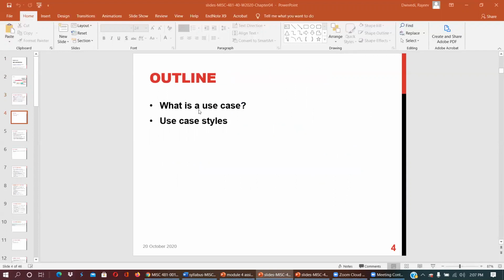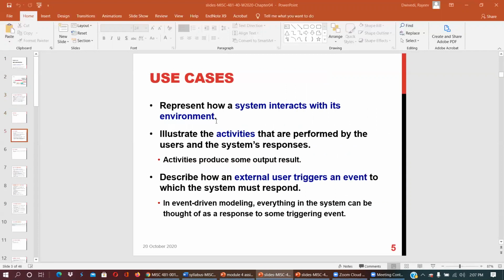We are going to learn use cases and use case styles today. First, the basic definition, and then we will demonstrate with an example what the purpose is and how it is used. So basically, what is a use case?